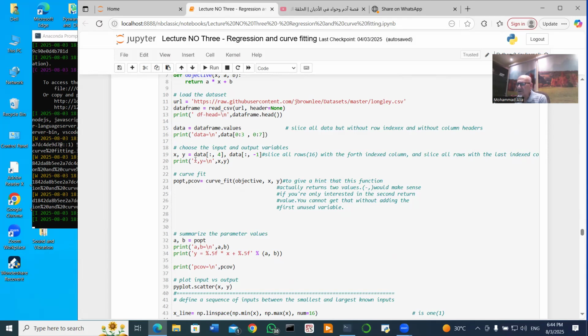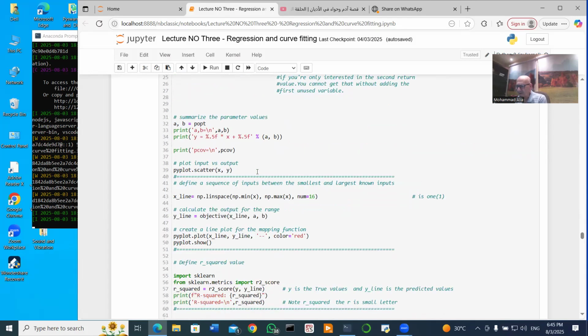Here, as you see, I have taken the data and selected from it all the X values with the fourth column, the fourth index column, and also all the data, all the rows of the data with the last column. So if we go